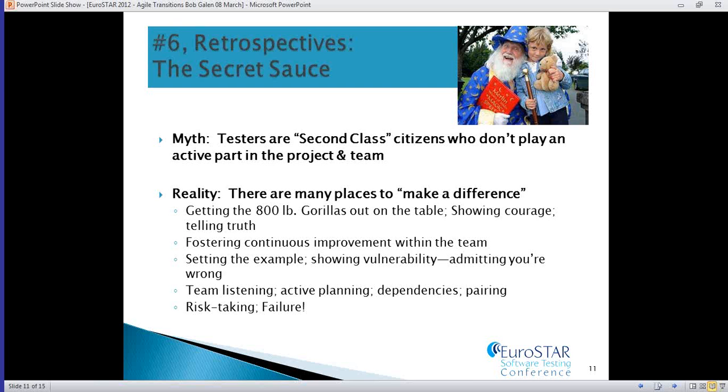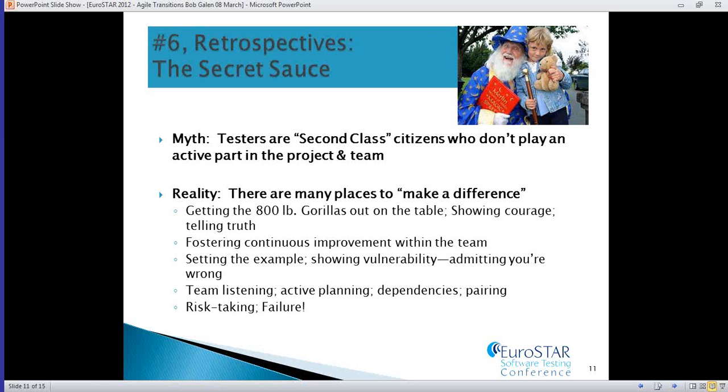One of the things is teams don't ask for help. One of my observations is teams are reluctant, not just developers, but team members are reluctant to ask for help early enough. They'll struggle too long. Their pride gets in the way. They don't want to show weakness. They don't want to admit to the team that they overestimated or underestimated the work. And they'll hold on to stories too long without getting help from the team.